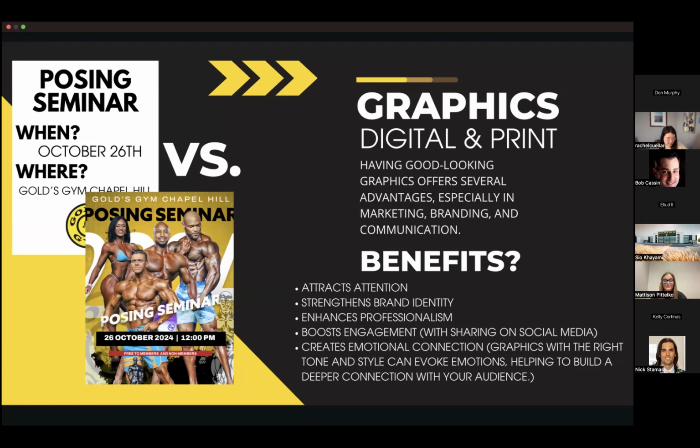For example, someone is going to be more likely to share this flyer that's in the front with the four different people on it versus the one in the back that is just white and black with a logo. It also can help create an emotional connection, just evoking emotions with seeing this graphic that has the people on it. It's going to look a bit more enticing to go to. It's going to look more put together. It's going to look like there's actually hype behind this event